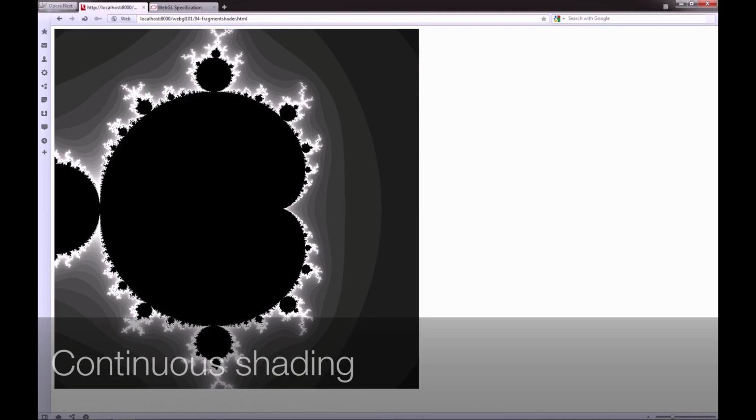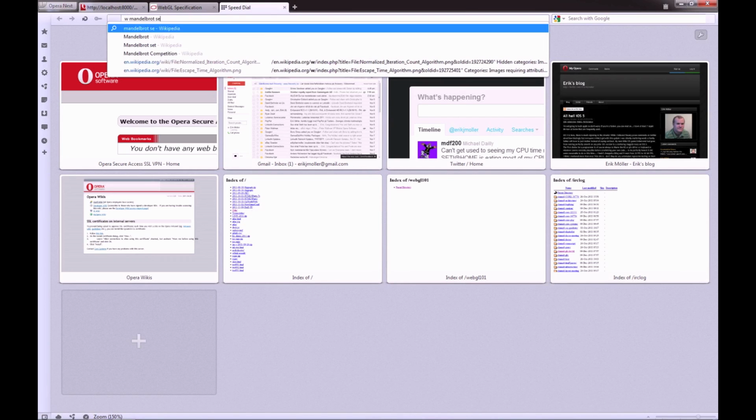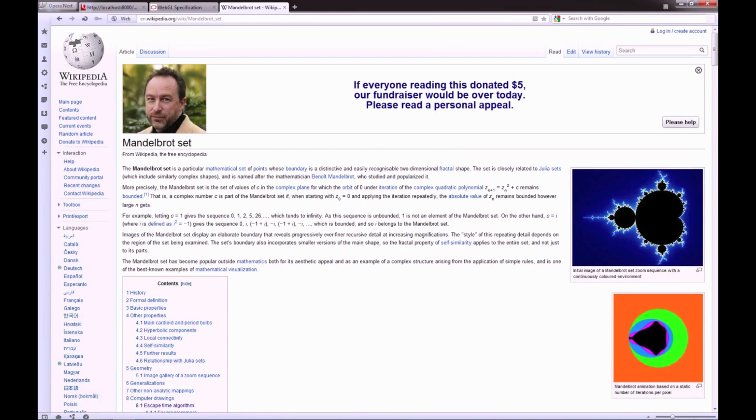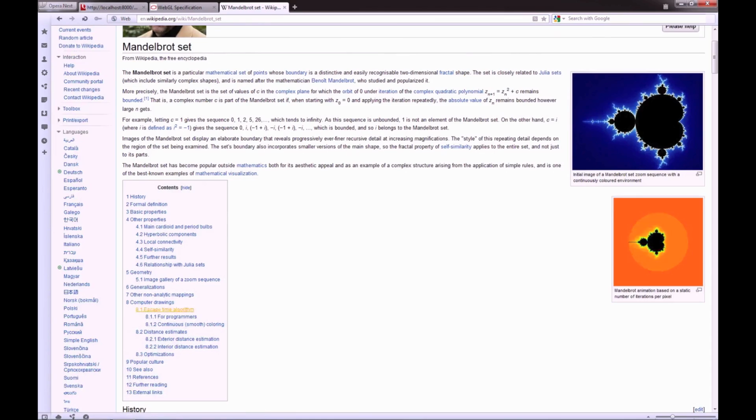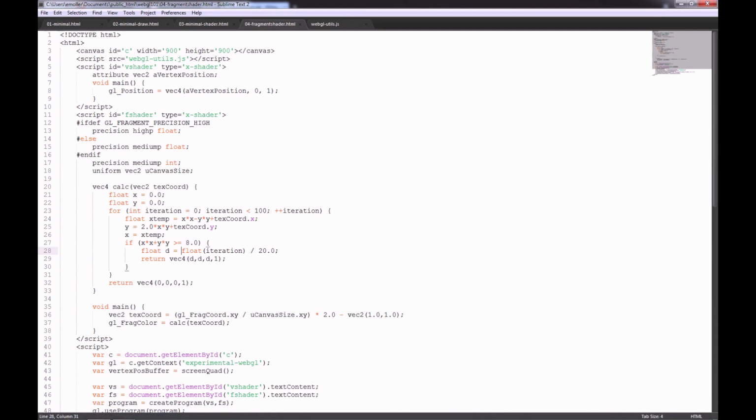As you can see, the fractal looks quite banded, so let's look up Mandelbrot on Wikipedia. And under escape time algorithm, you can see the algorithm I used. And below that, there's smooth coloring, continuous smooth coloring. Okay, so in the shader, this is going to be awfully slow, but it doesn't really matter. We're going to use that continuous smooth coloring algorithm,